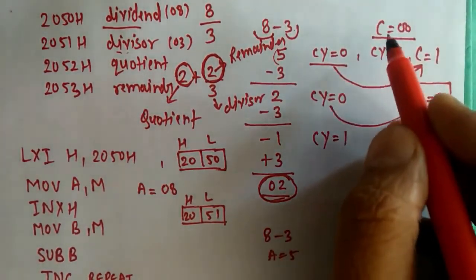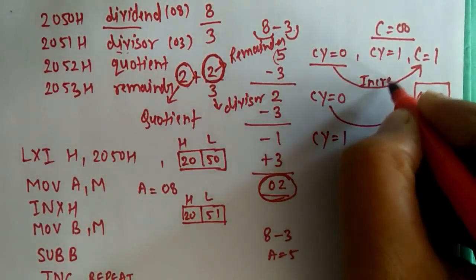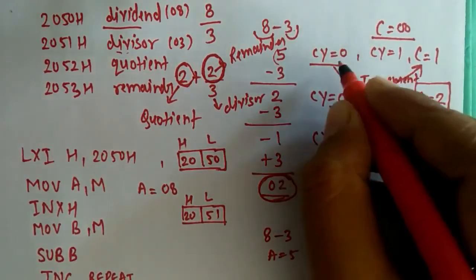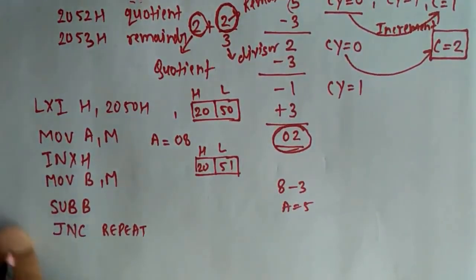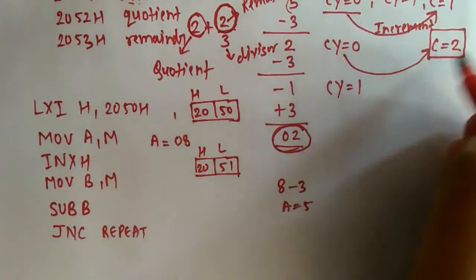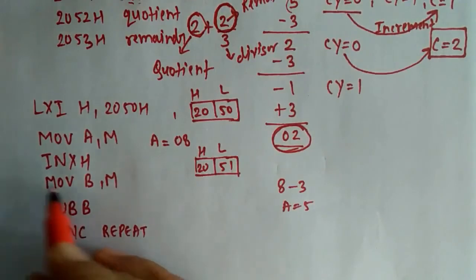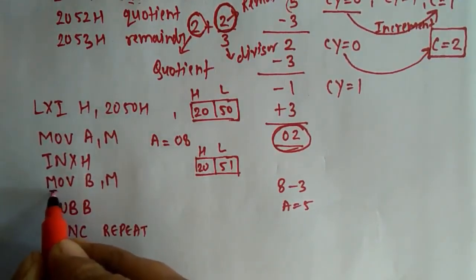That means we have to perform increment operation after checking the carry is equal to 0, and when we are checking carry is equal to 0, that means we have to go back at some place. That means we will have to increase this counter value somewhere here in between. Okay, so that's why I'm going to write here